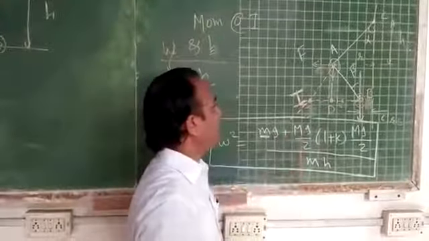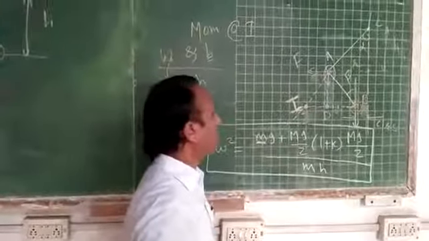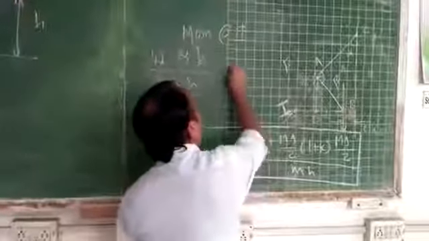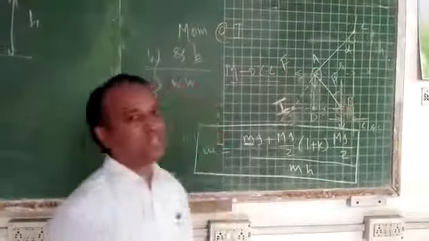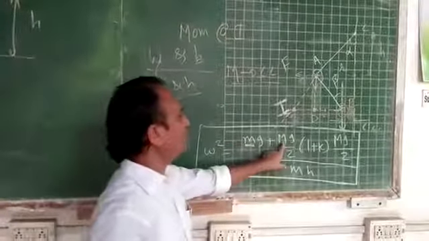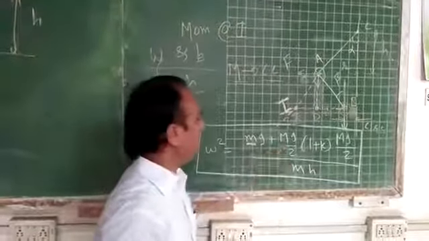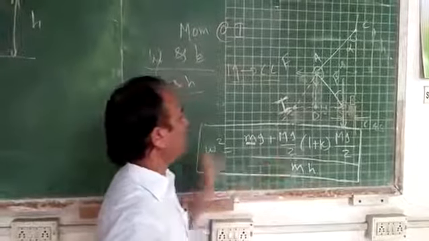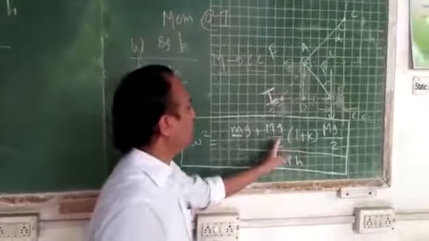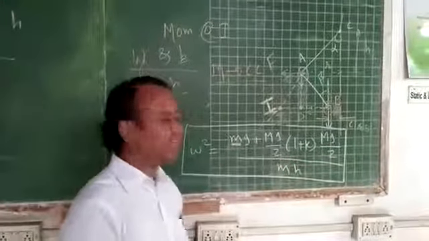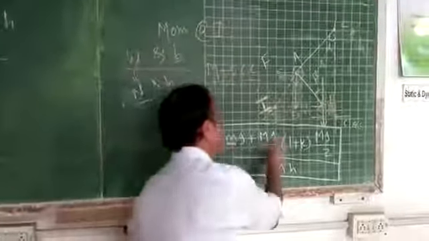Capital M is the mass of central load. It is the mass of dead weight, you can say that. Why divided by 2? Because for analysis only one half I have considered. So half weight of central load I have considered, so Mg by 2.